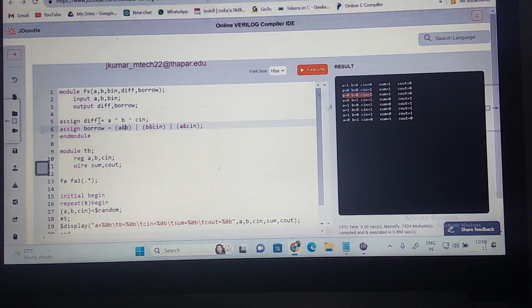A bar. This is A bar. Correct? A bar means what operator can I use? Tilde symbol. Correct? The not operator means what? Tilde symbol, bitwise not operator. A bar B, again this is B Bin. Next is what? A bar B, A bar Bin. Difference, B, B Bin bar.